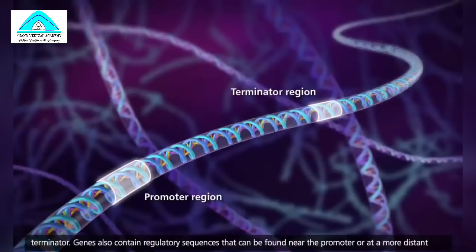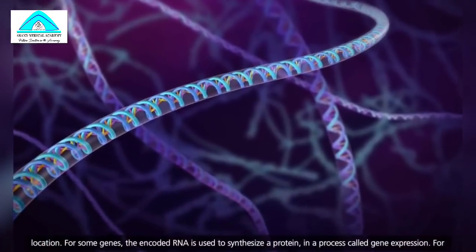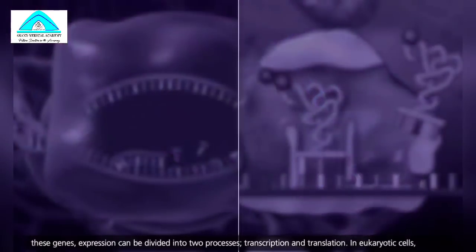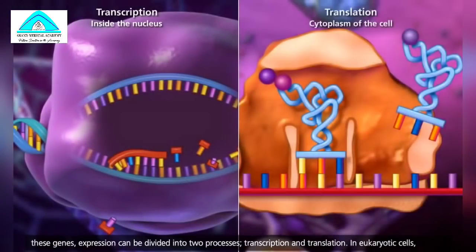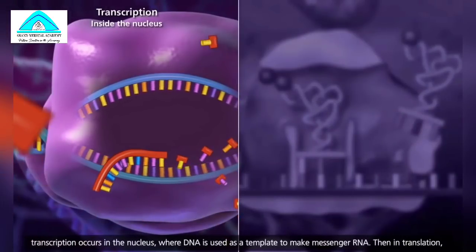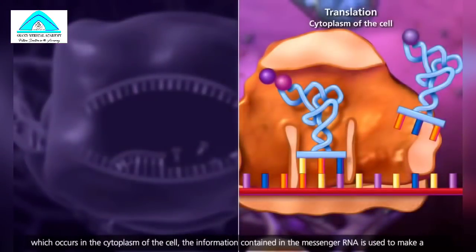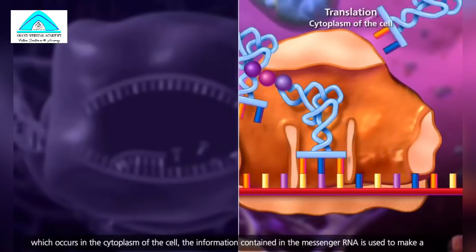Genes also contain regulatory sequences that can be found near the promoter or at a more distant location. For some genes, the encoded RNA is used to synthesize a protein in a process called gene expression. For these genes, expression can be divided into two processes, transcription and translation. In eukaryotic cells, transcription occurs in the nucleus, where DNA is used as a template to make messenger RNA. Then in translation, which occurs in the cytoplasm of the cell, the information contained in the messenger RNA is used